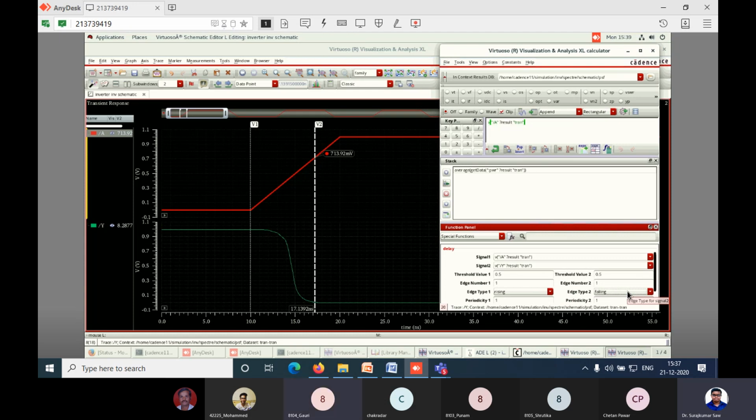Yes, Rutika, you can check. I think you are on opposite, right? So you have to choose the opposite one. Rutika. Yeah, okay. I choose it as falling and falling. Yes, sir. No, sir. You choose falling and rising, because your output is rising, sir. Okay, edge 2 is output. Yes, sir. Signal 2 we have selected Y, no, sir? Y is the output, right? That's why. Okay.